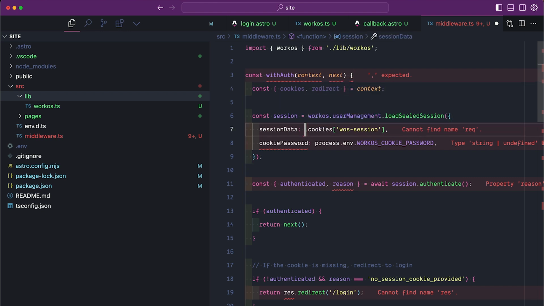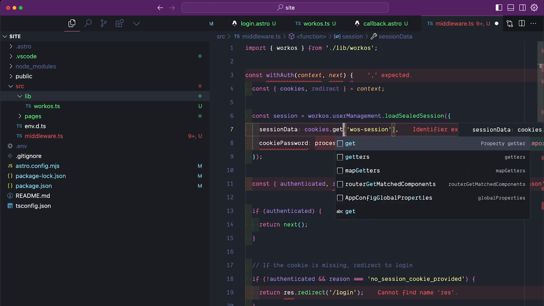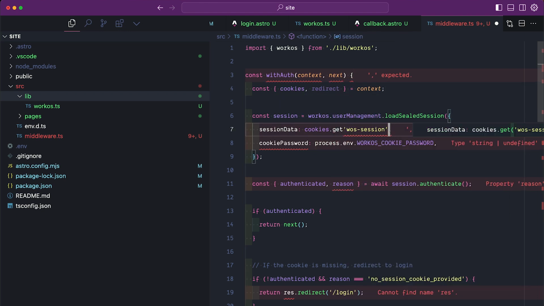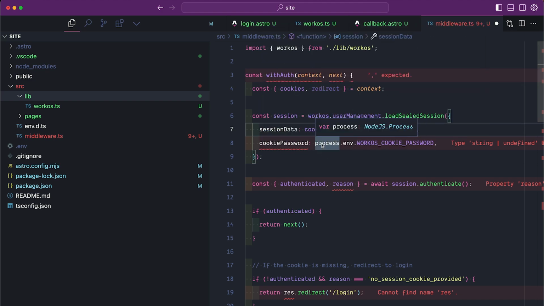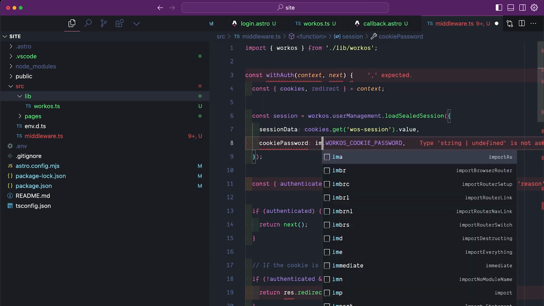Well, we can just say cookies.get, and we want to get our WorkOS session cookies. Now within Astro, cookies.get will return our WorkOS session cookies, but it will return an object where our cookie is stored within a value. So we need to add .value there. For our cookie password, it wants to grab that from our environmental variables. So let's change this to